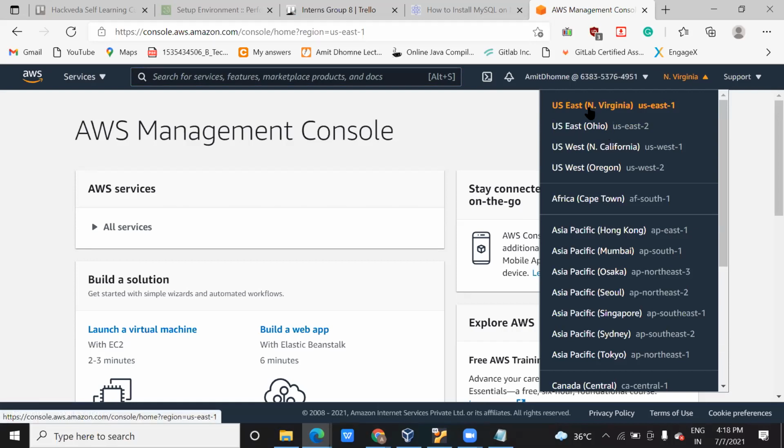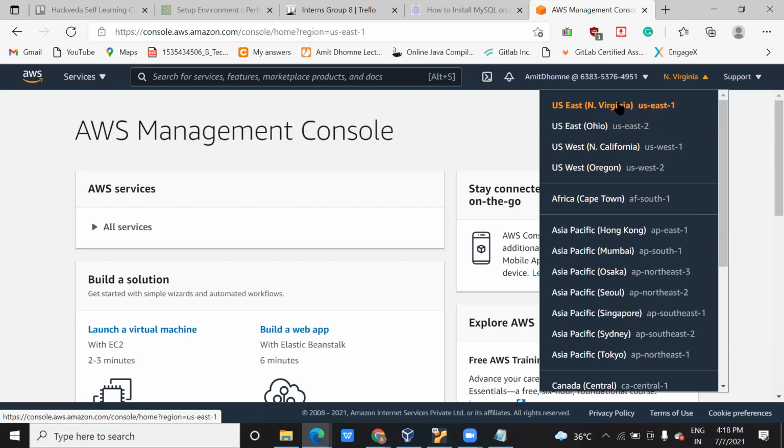So there can be different servers available, and each server has a different configuration. What do you mean by configuration? Their RAM, processor, and storage will all be different for each server. Mostly people select US East 1, even though it is very far from us, because it is considered the best region, with a good configuration.